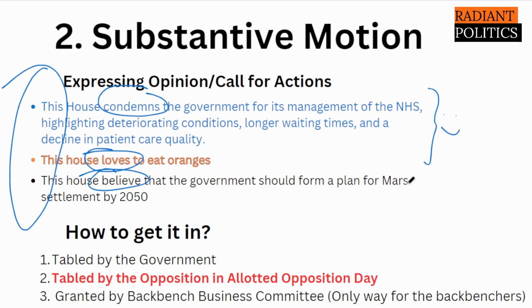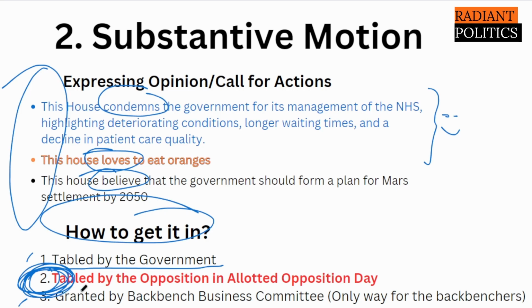So, how can MPs get the motion to be debated in the main chamber of the House of Commons? There are 3 ways to get a substantive motion into the House. Firstly, collectively as a government. Government can table their motion and allocate time for it to be debated. Secondly, and it is the matter of our concern today, it can be tabled by the opposition in